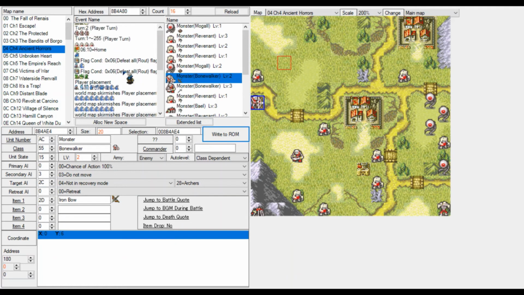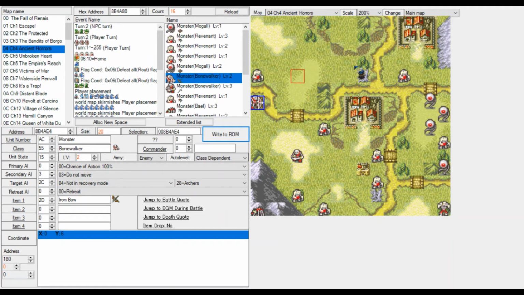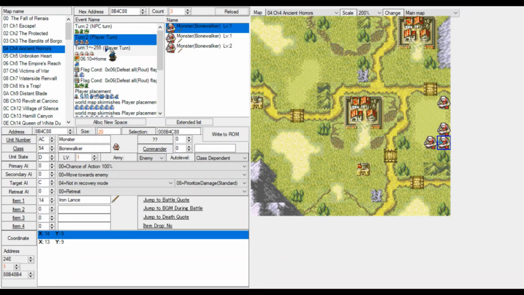So, let's see. Before I go for a little break, I want to explain reinforcements. These reinforcements will come at turn 2, and I will make them come from the left side, I think. They will come from the left here and approach us, which I think is a nice thing. And they trigger on turn 2.